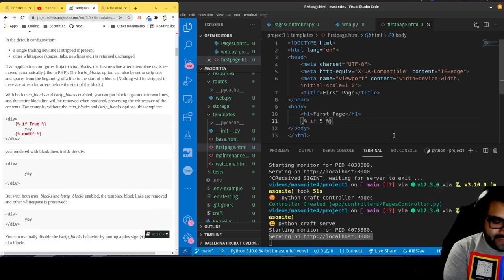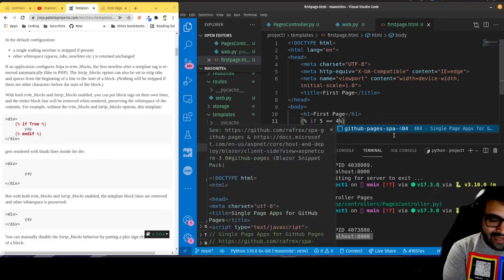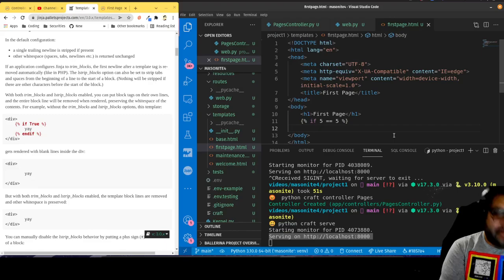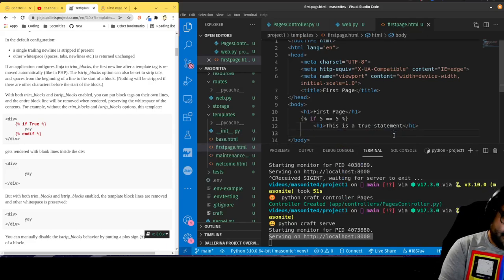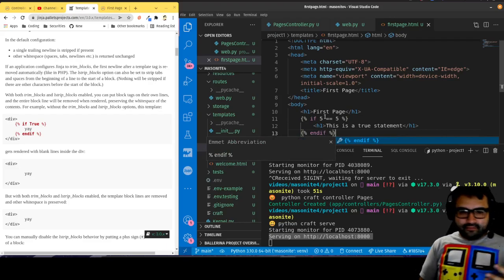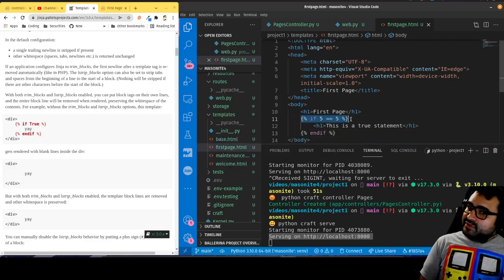Okay, if 5 equals 5, which is going to be true, we're going to show this is a true statement. So we'll put an H1 here: "This is a true statement." And then we'll mark the end of where this if statement ends with that. So what this is saying is that if this resolves to be true, then this gets added to the HTML